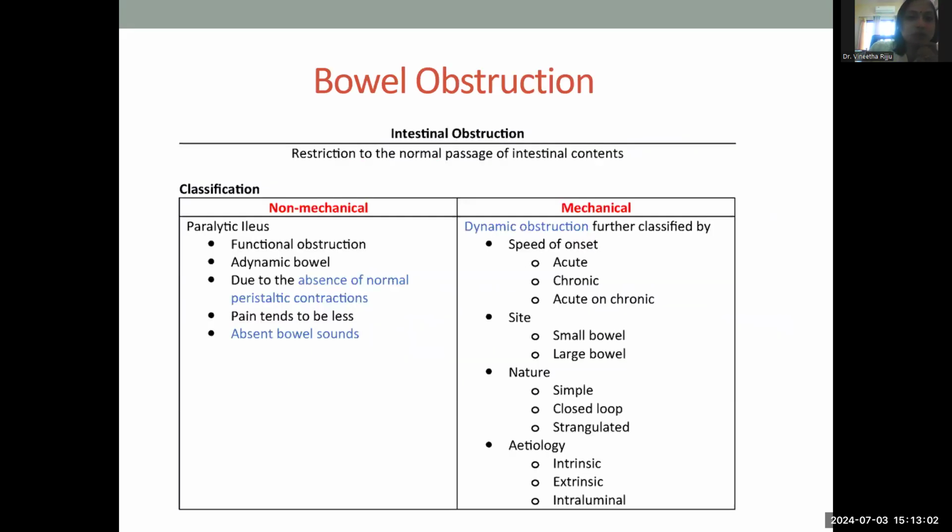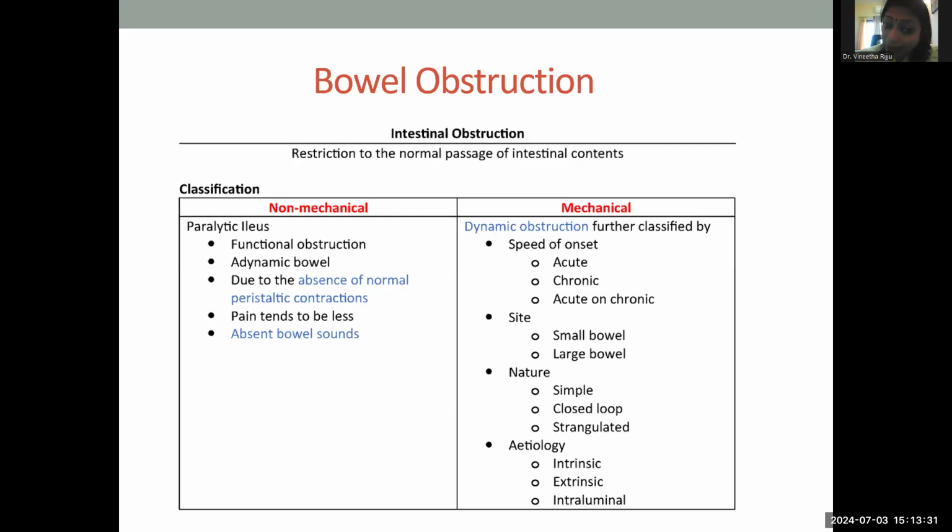Okay, now moving on further, we have bowel obstruction. Okay, it is a little similar to constipation when it comes to the symptoms, but the causes are very different. Like how you were saying before, it could be functional, it could be mechanical, and that's exactly what it is. Now there are situations like non-mechanical obstruction. It could be just a functional obstruction.